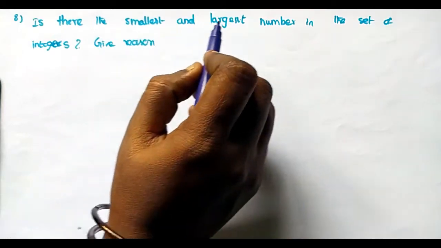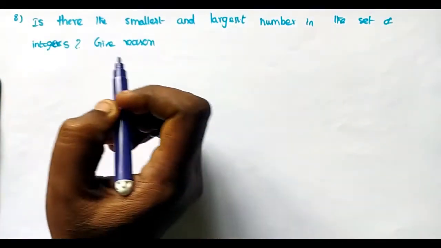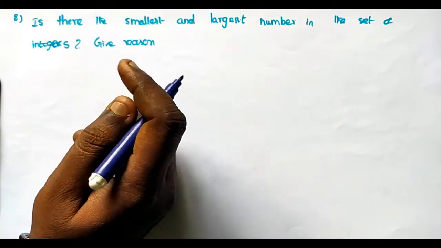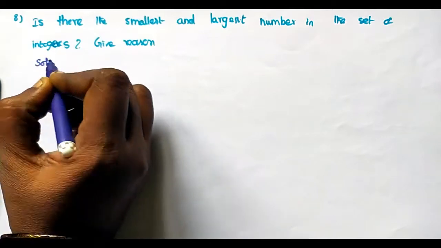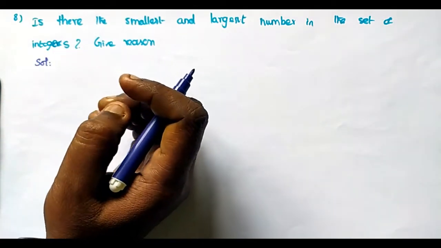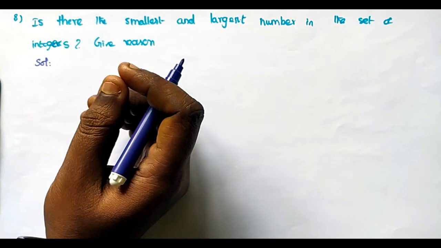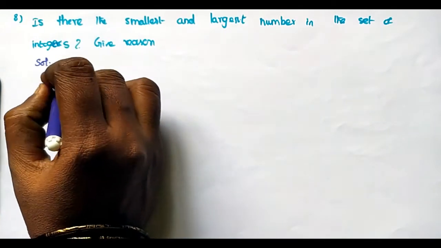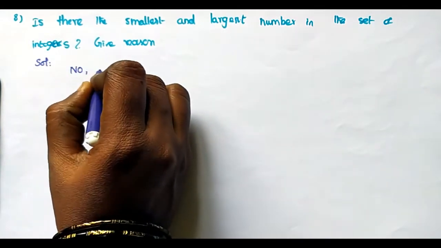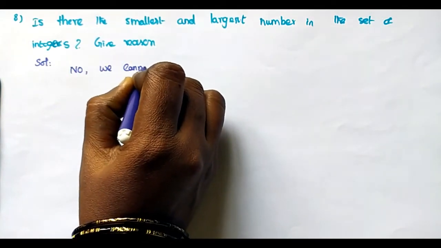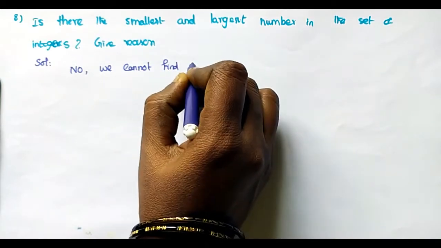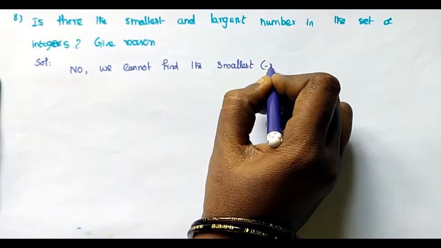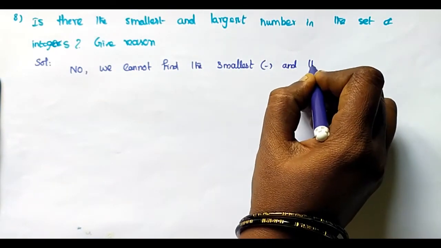Eighth sum. Is there a smallest and largest number in the set of integers? Give reason. Smallest and largest. Can we tell that? No, in all the numbers, there is no end. So which number is smallest and which number is largest, we cannot find out. So, no, we cannot find the smallest. Smallest means negative numbers and the largest